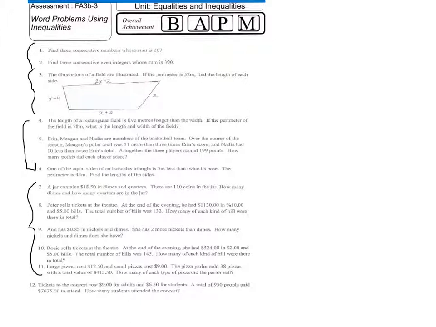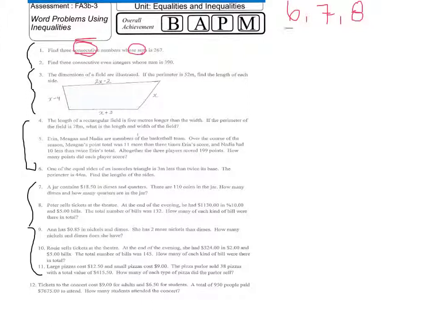So, for example, number one, it says find three consecutive numbers whose sum is 267. A couple key words are consecutive numbers and the word sum. A consecutive number is, for example, 6, 7, and 8. These are three consecutive numbers. Now, if I don't know what one of these numbers are, the easiest thing to do is I make